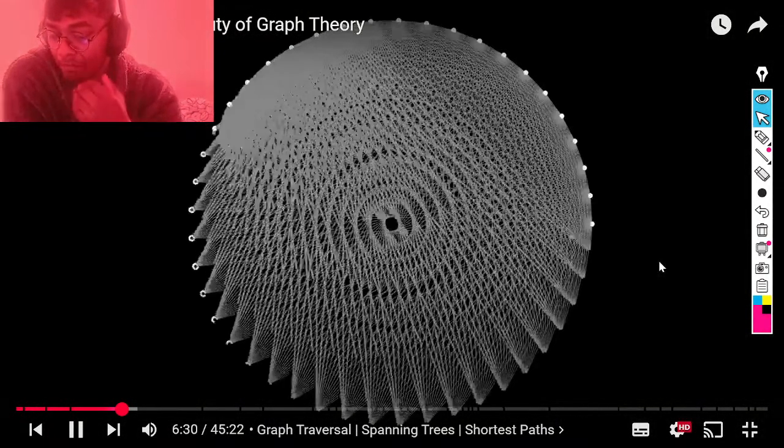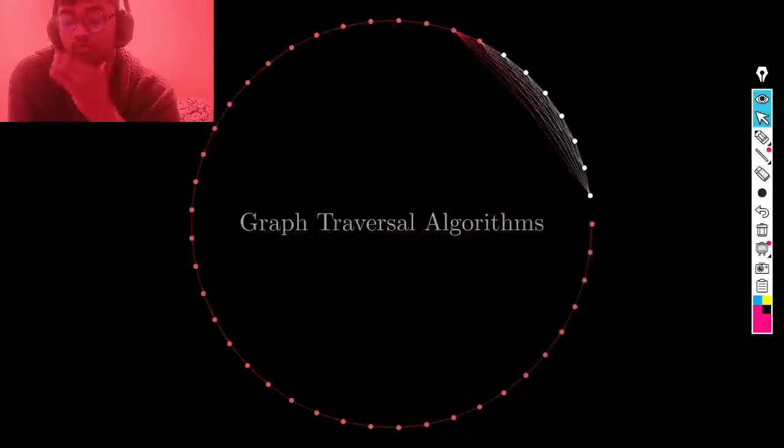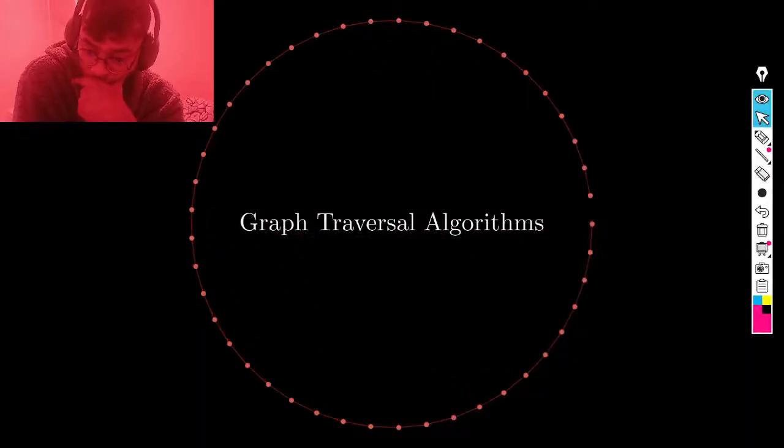Very important in graph theory are so-called graph traversal algorithms, which aim to explore how to process every node in a graph. The range of application of